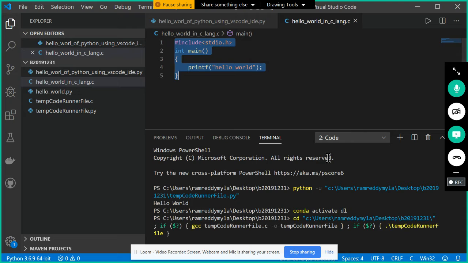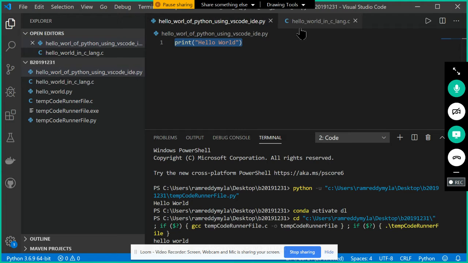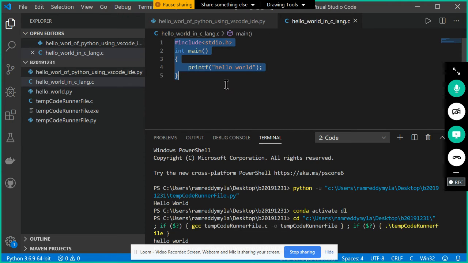Now we'll be able to see it is running here at the bottom. You can notice what we got here: hello world. Now you tell me, is writing one line of code easy or writing this many lines of code easy? One line of code is easy, right? That much difference is there. In Python, writing the code is very easy compared to other languages.